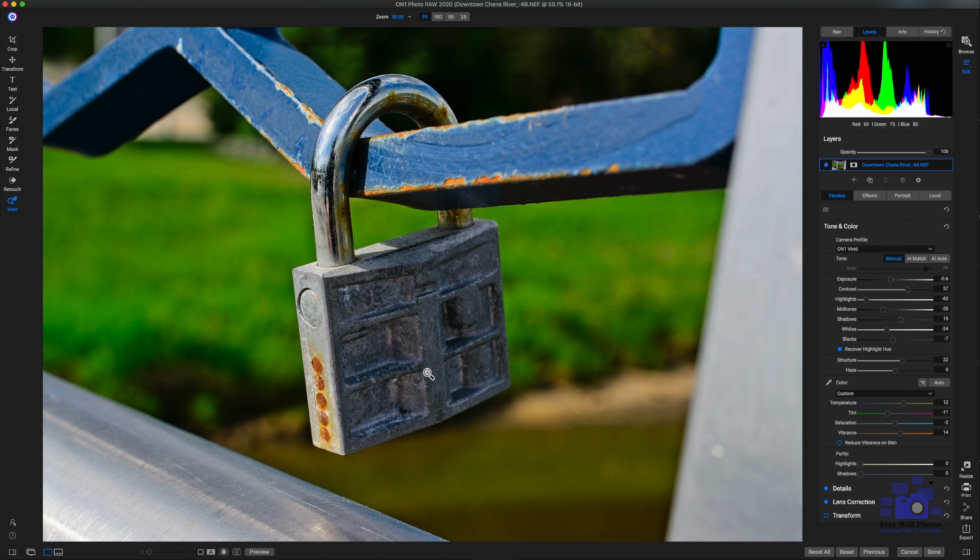So my plane of focus, or my focal plane, was right around in this area. Okay. The next thing, and the last things in On1, I don't really mess with these as much, but you